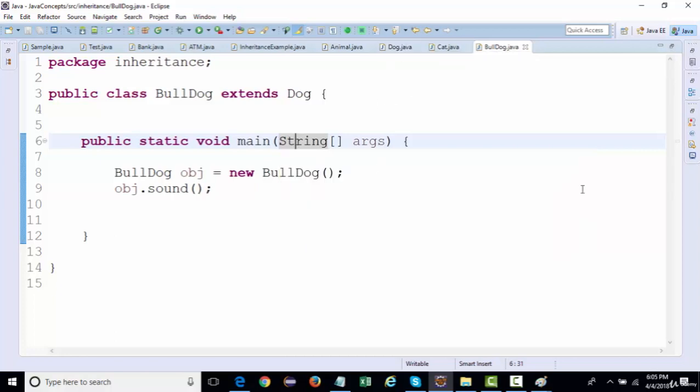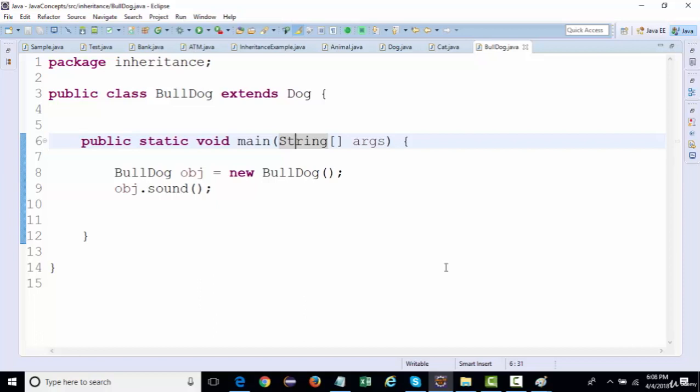So again, it means that if a child is earning money, he cannot use the money of his parent, right? Your entire OOPs is actually dependent on this logic. Whatever we have discussed right now is just the basic syntax of inheritance, but this is very important. Your entire OOPs is dependent on these concepts.